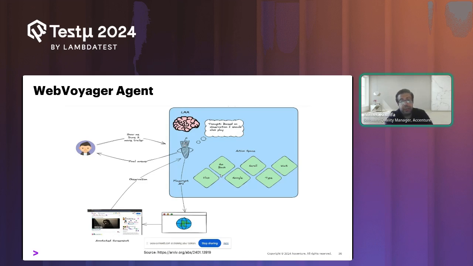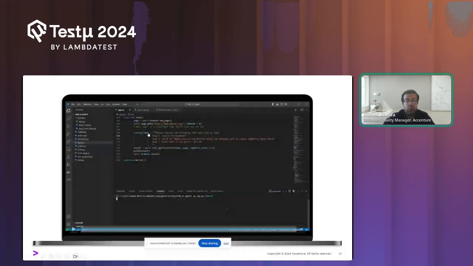And this agent is developed to do actions on browsers. The main idea here is that this agent has tools like click, go back, Google, scroll, type, wait. These are the tools inside the agent, and they have access to the Playwright API. So here I just wrote a small script using this agent. Just say, okay, please execute the following test case step by step.